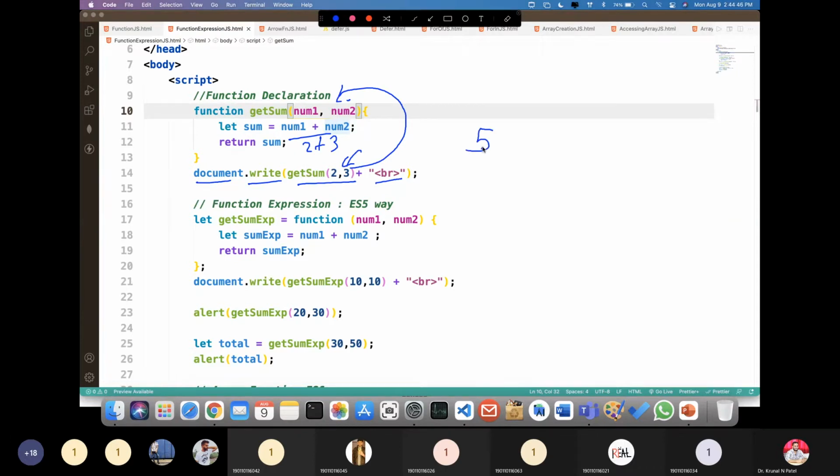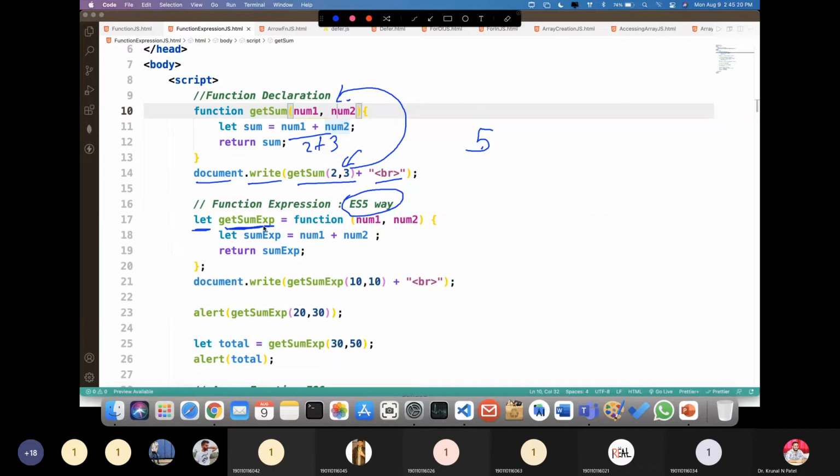Second one, this is a new syntax that was defined in the ES5 version, right? Function as an expression you can use. So carefully see the syntax over here. First of all, we are defining one variable using the let keyword, that is getSumExpression. Whatever variable you are defining, that name itself is a function, right? How?